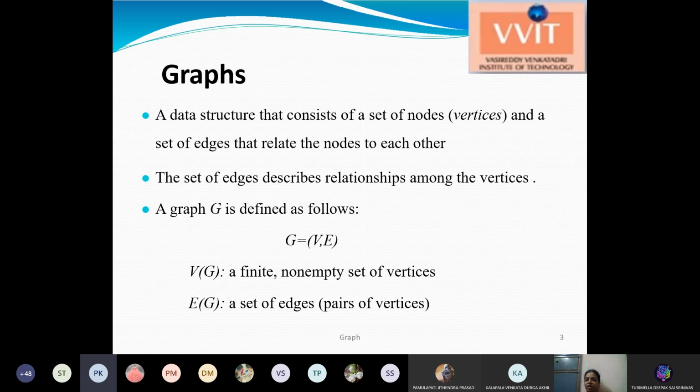At present you are using different types of networks like wide area networks, local area networks, wireless networks, and mobile networks. Whenever you are using the internet, that is a wireless network. If you are using a local network like a cable TV network or a network within the college, those are all local area networks. All these networks are framed using graphs.